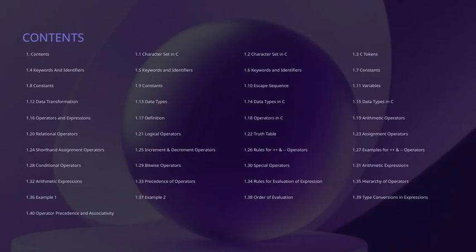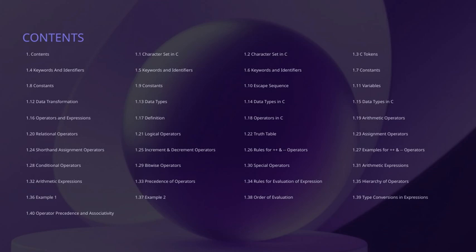Let's take a look at the contents of this section. Here, we'll cover key concepts like keywords and identifiers, constants, data transformation, and operators. These are fundamental building blocks in C programming. We'll explore relational operators, character sets, and data types, which help us understand how data is represented and manipulated. We'll also dive into how operators like arithmetic, logical, and bitwise work, along with their precedence and associativity, crucial for